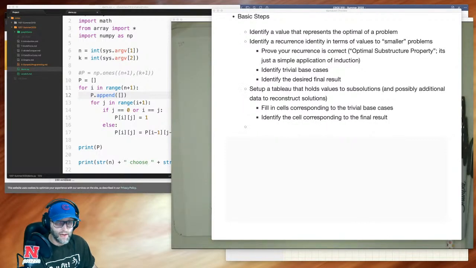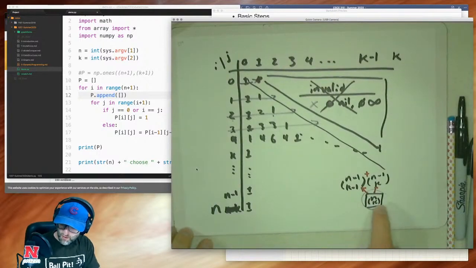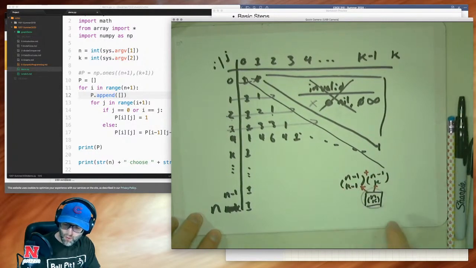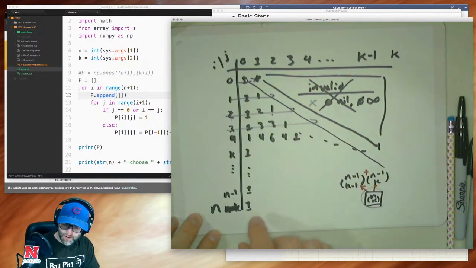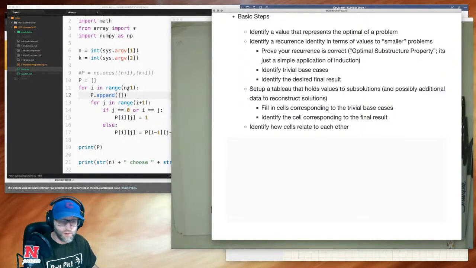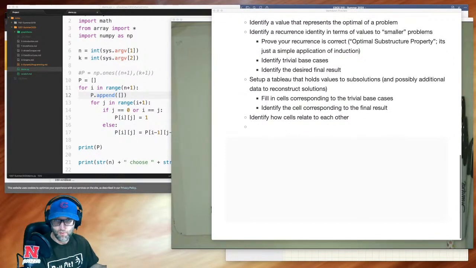Once you've set up your table, then you need to figure out how things relate to each other. You identify how cells relate to each other. And again, that's just going to be the recurrence. In the way that we did it over here, we said, well, this is the desired value, and it's dependent on the one right above it, and the one right above it and to the left. Therefore, if we want this value or any value in this, we have to fill it out left to right, top to bottom. So once you've identified how cells relate to each other, then you can write your for loops,